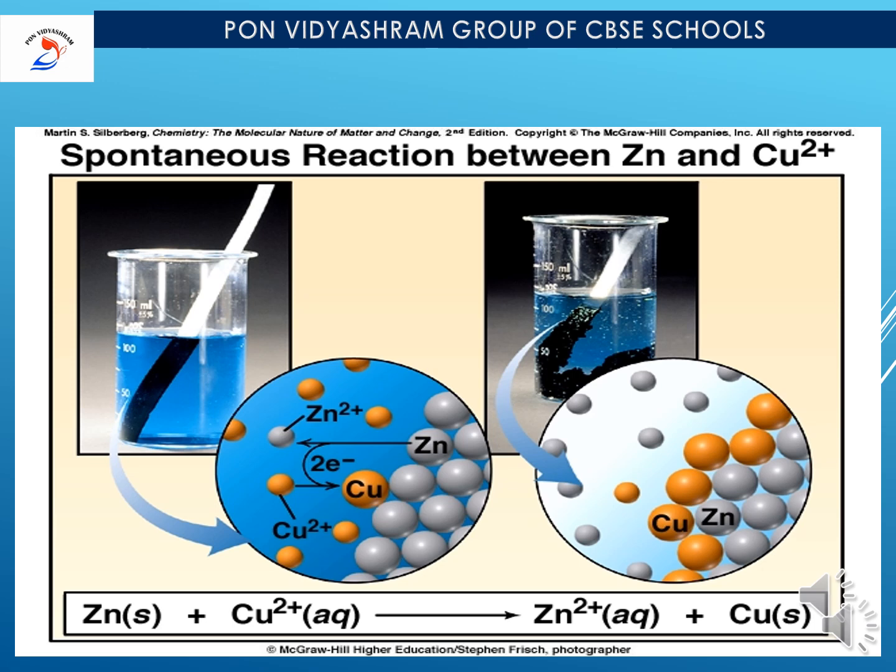By the end of this process, what we have to understand, as I said, is the slight increase in the temperature of the solution. So heat energy is released. Now when you are talking about a galvanic cell, instead of heat, current energy or electrical energy will be produced. Let me discuss about it.